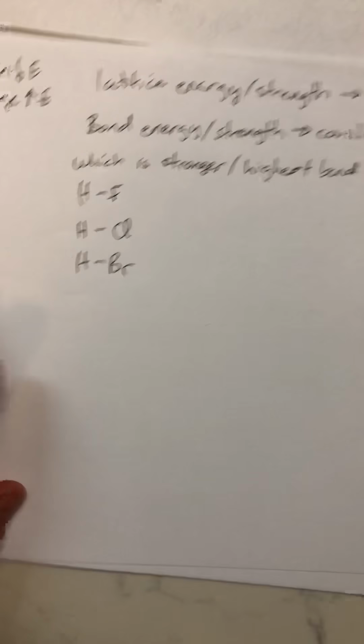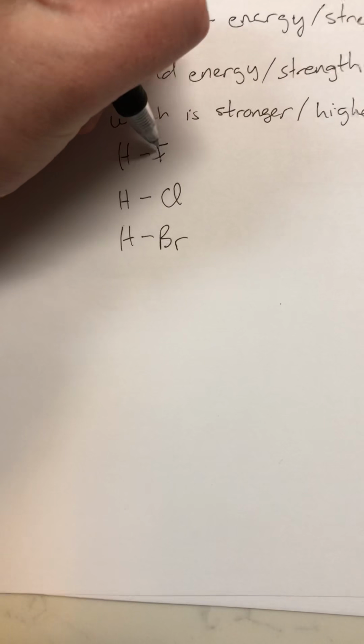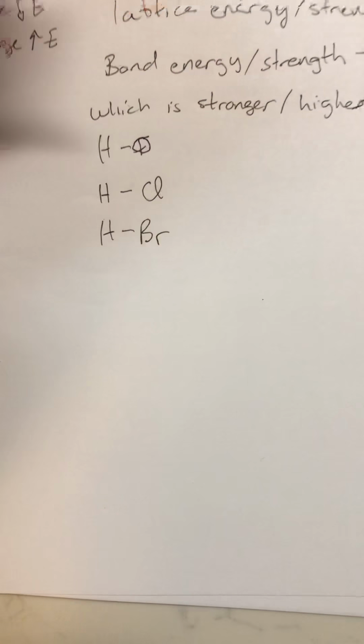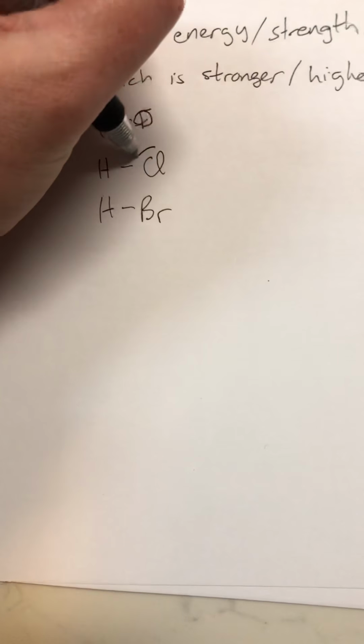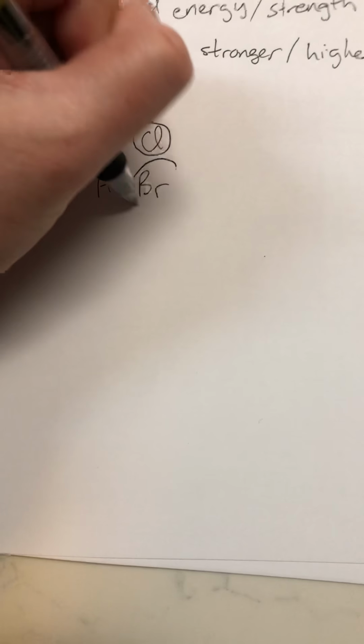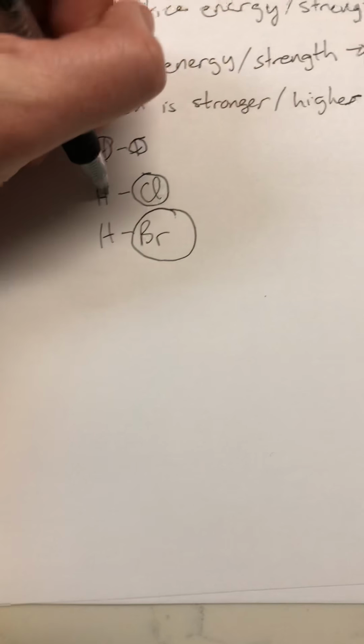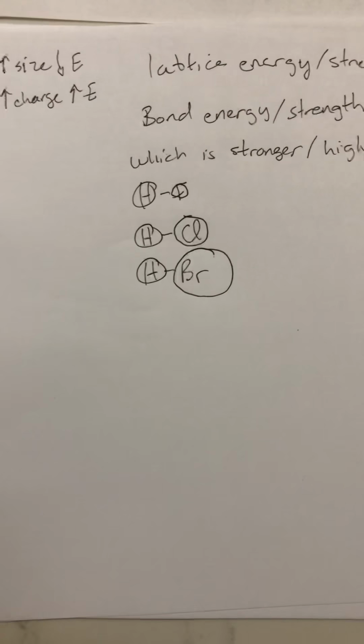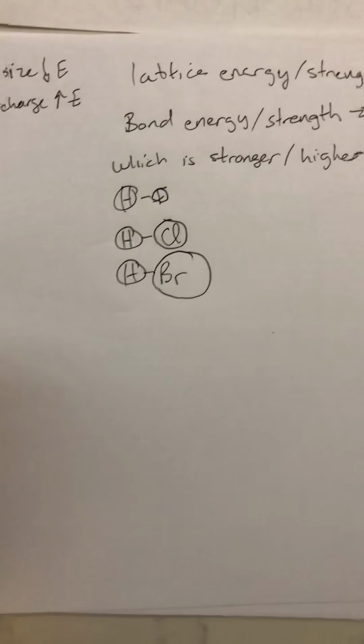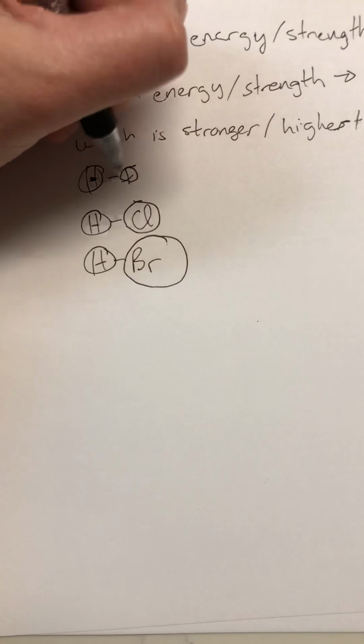So let's go over here. And if we were to draw it out, we'd say, okay, fluorine is this little dude, chlorine is getting bigger, and bromine is like that. And when we're comparing the distance between them, hydrogen would be the same, and hydrogen is not drawn in any way, shape, or form the way it should be. It should be very, very small